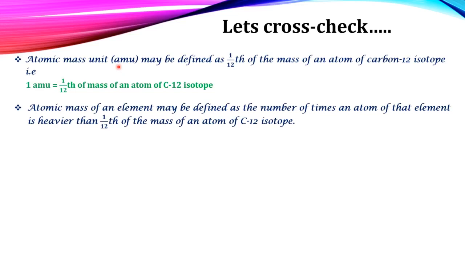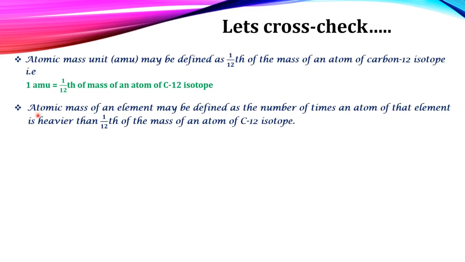So in that atomic mass unit, if I say one atomic mass unit, that means it is the mass of 1/12 of the mass of an atom of carbon 12 isotope. What I mean by that is, if you take an atom of carbon 12 isotope and divide it into 12 parts, and then you take just one part out of it, and weigh the mass of it, that mass is 1 AMU or 1 U. So that is what one atomic mass unit is.